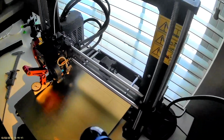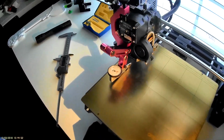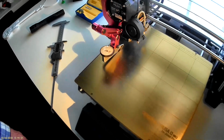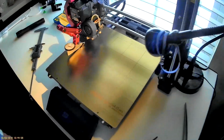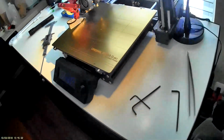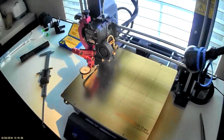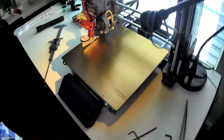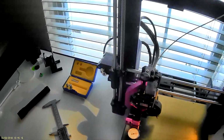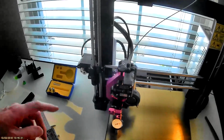I did notice that if I tweak the rod height a little bit, I was able to get some of it out. But I think the fiberglass board, it's probably a high temp version FR4 fiberglass heat bed, and it's probably got a little bit of warp in it in places. It's just going to happen. This machine isn't super precision, obviously. It's got plastic parts, but I think one of the things that really kind of throws things off is the